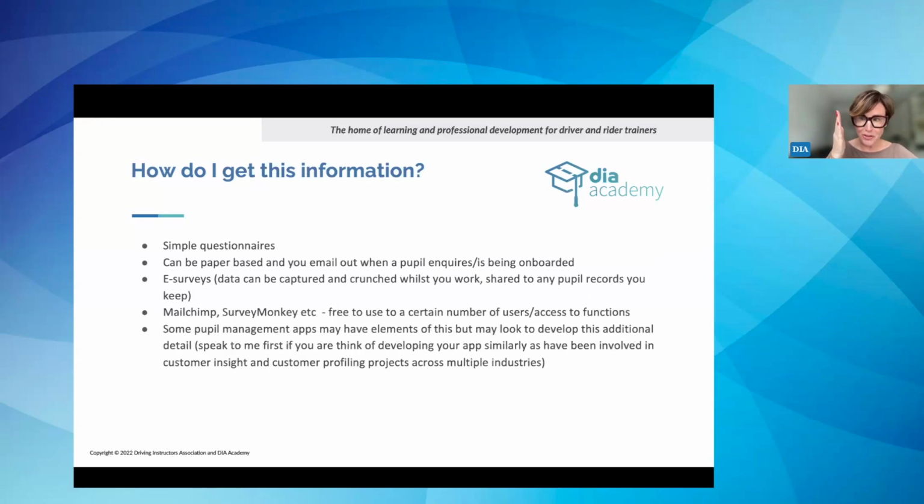I've done this presentation before and promised everybody I'd do a pupil profile afterwards, and I didn't get around to it. I am a talker. Olivia is a doer, because she's been back with us for like a month or so, and she's already developed the pupil questionnaire for members to be able to use. So she's pulled together something that is an example that we will share with people after this webinar. We'll send it out to people. That is a sample of what we would say is a useful start.